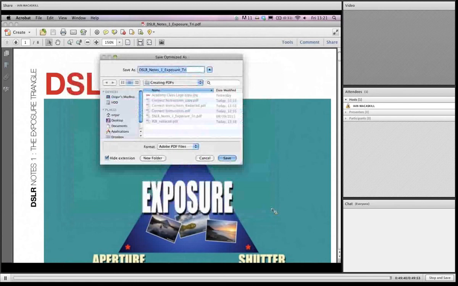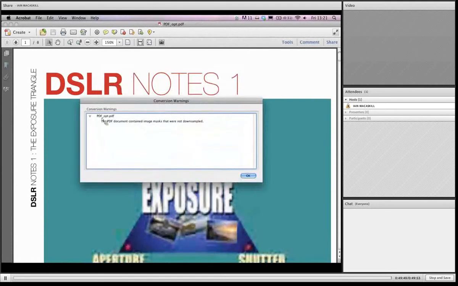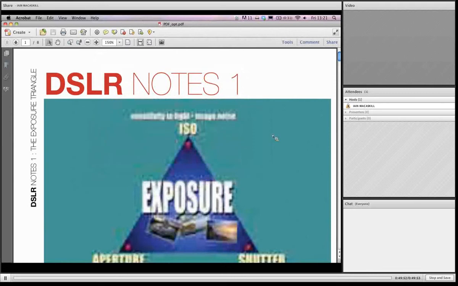I'll hit OK here, and it's asking me to save this new version. I'll just call this PDF opt, for optimized. Hit save, and you'll see a great change. Now again, it's giving me that warning for the mask. I'll just ignore this. You'll see the